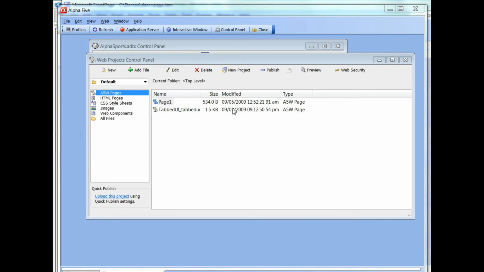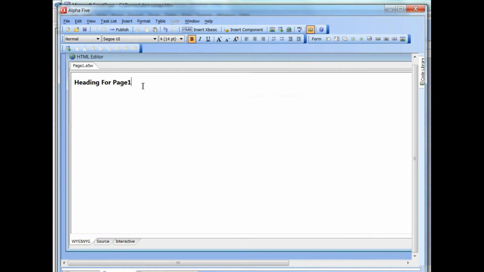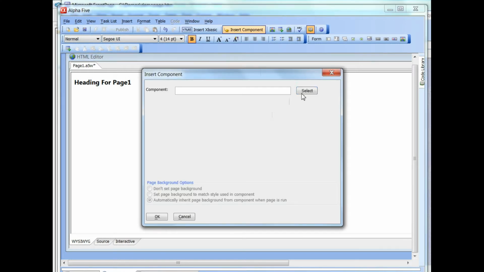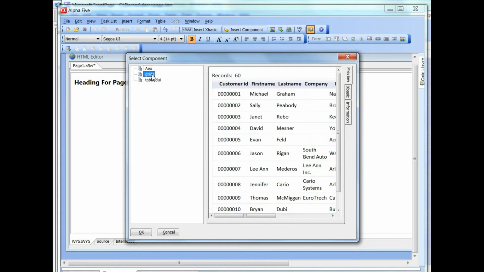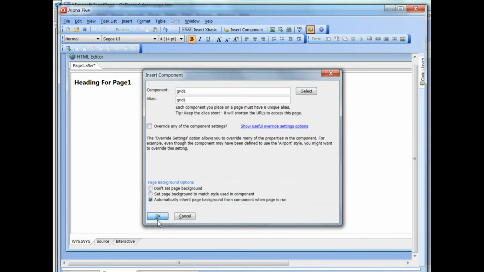Normally the way in which you insert a component into a page is you open up the page in the Alpha 5 editor. You need to switch over into WYSIWYG view, and then you click the insert component button, you choose the component that you want to insert, you click the OK button, and then Alpha 5 will go ahead and insert